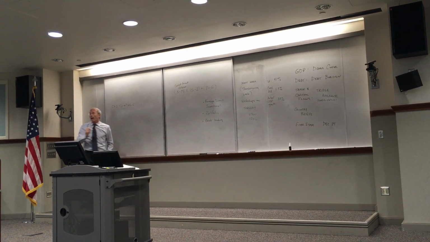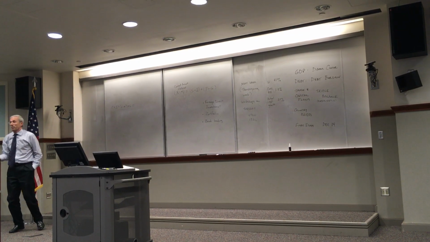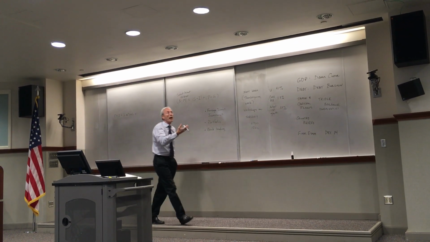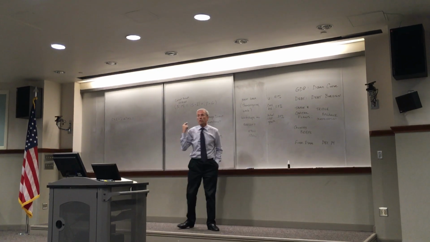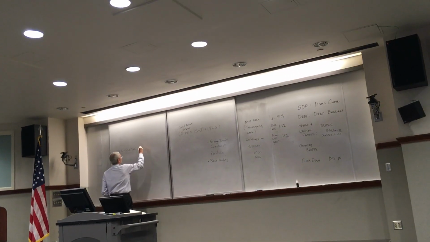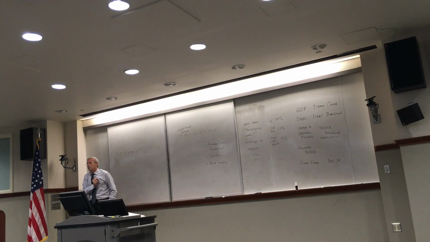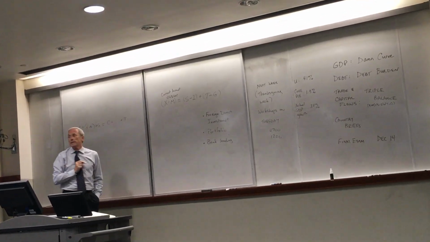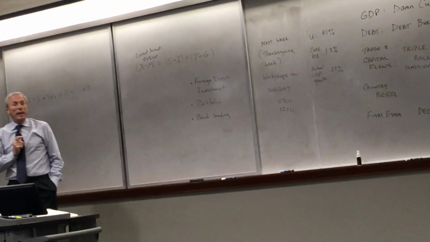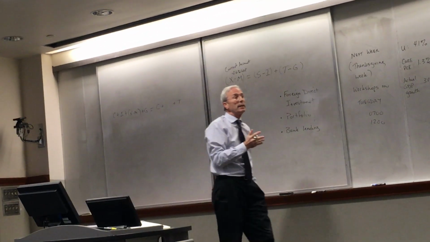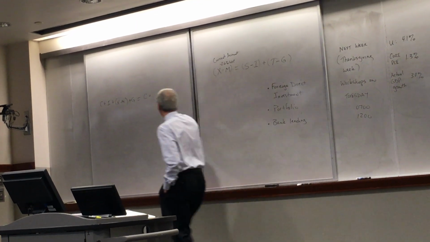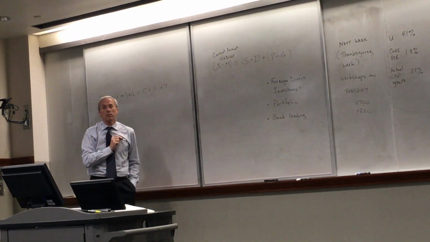We can express actual GDP in another way. And we can do it by what you do with the income you get from producing all of these goods and services. You either consume it, or the government taxes it away from you. And by definition, any income you have that is not consumed or not taxed away is saved.